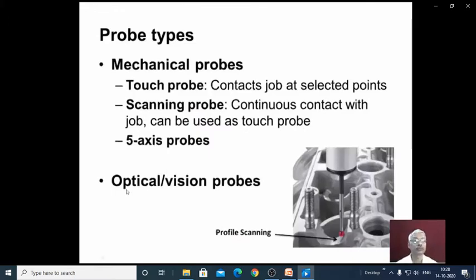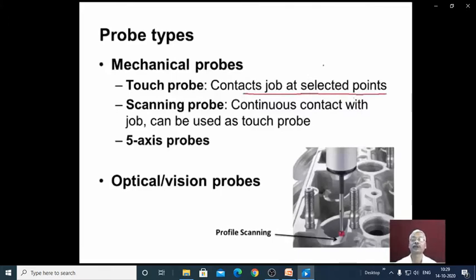Now let us study the different probe types. Under mechanical probes, we have the touch trigger probe, scanning probe, and 5-axis probes. The touch trigger probe contacts the job at selected points, which are decided by the operator or by the inspection program.